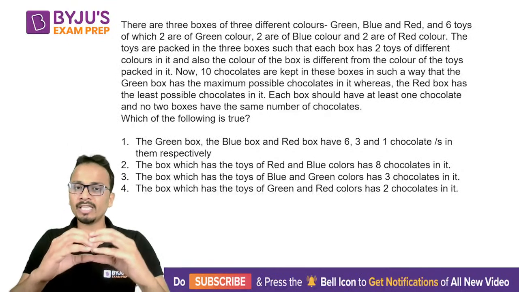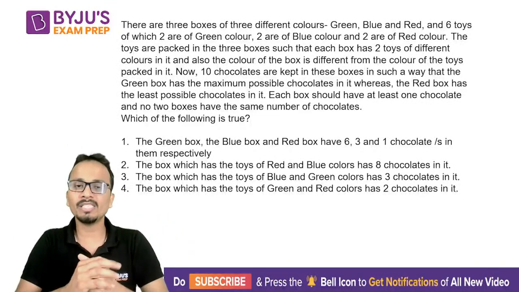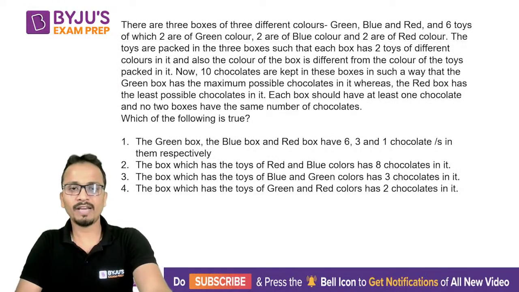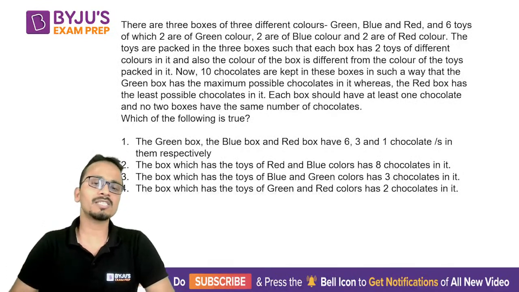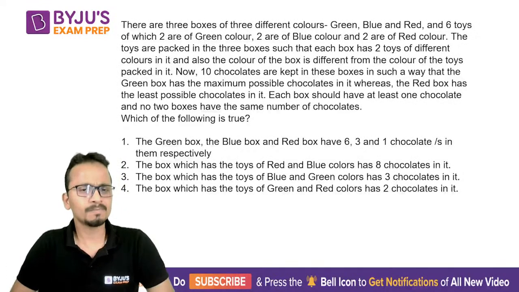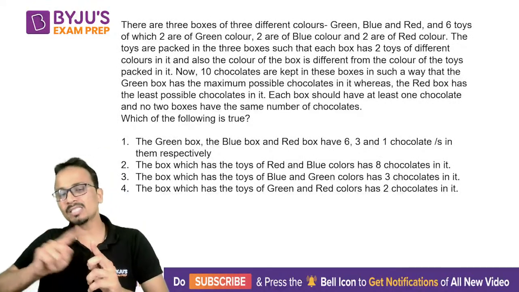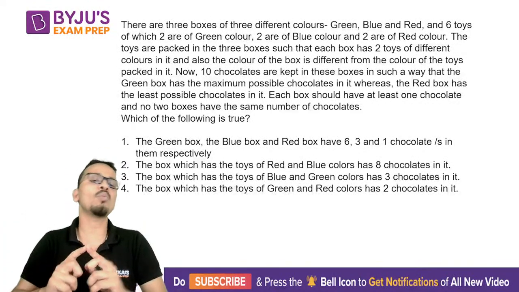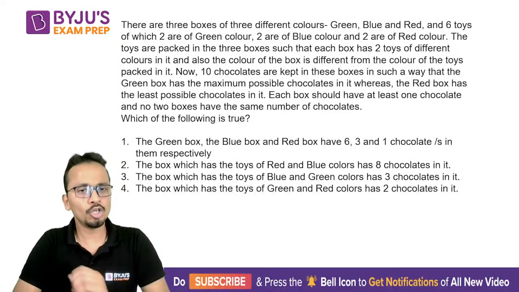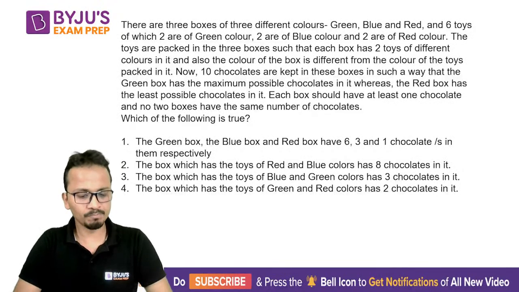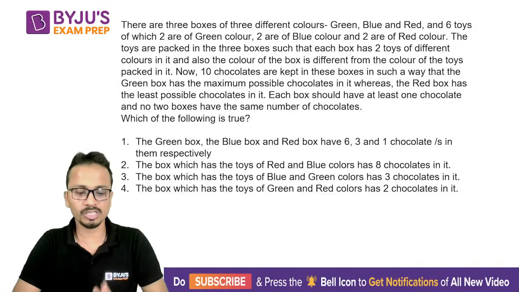And if you arrange 6 cubes on one side, then on the other side, you will not be able to arrange 6 cubes. All right, fine. So this is the reason why you cannot use 6 cross 6 cross 6. It will not be able to completely cover. Okay, so if you want to completely cover, then you will require one extra cube on the right hand side and one extra cube on the left hand side, and that will completely cover your original cube. All right, so the answer will be 7 cross 7 cross 7 minus 6 cross 6 cross 6 for the previous